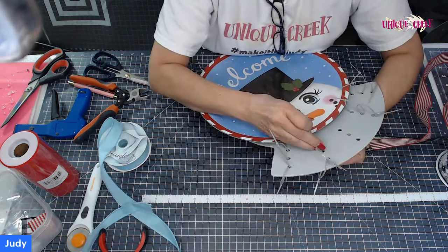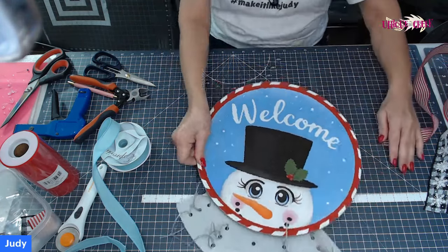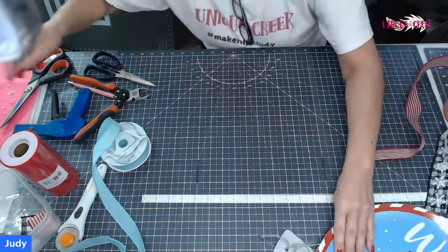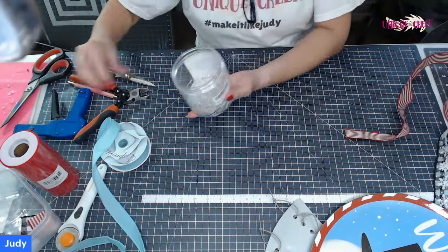Okay, so that's how you load the board. 3 sets of zip ties on the 2 rows. The middle row, we're not going to do anything at the moment. We're just going to concentrate on these 2 rows. So in order to do the rail board, okay,